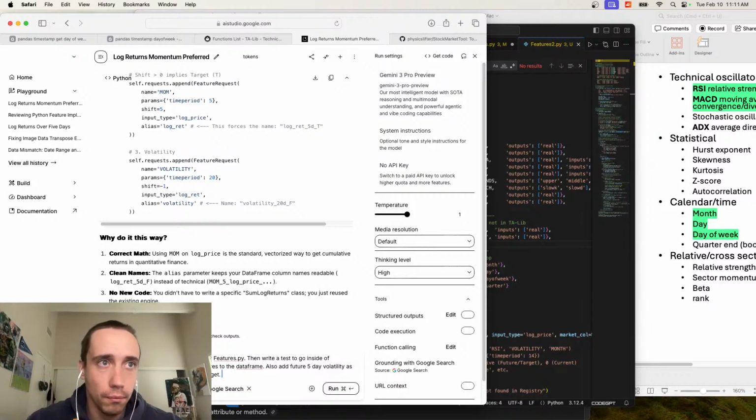Then print the tail and head of the data frame